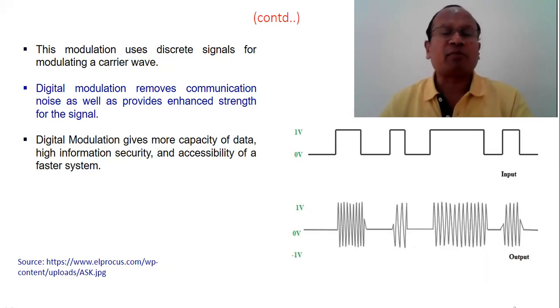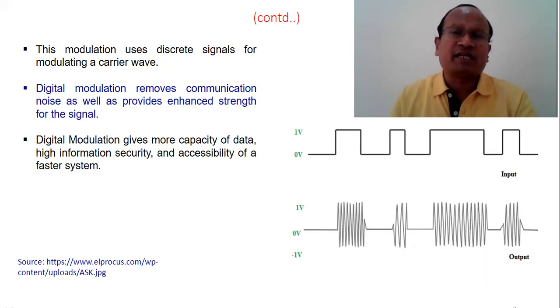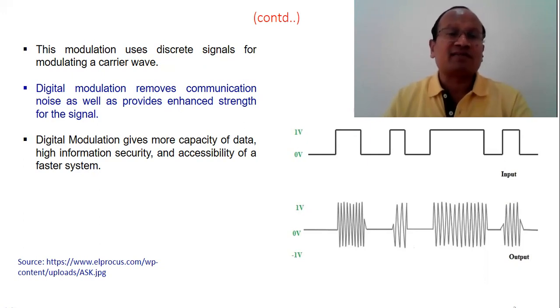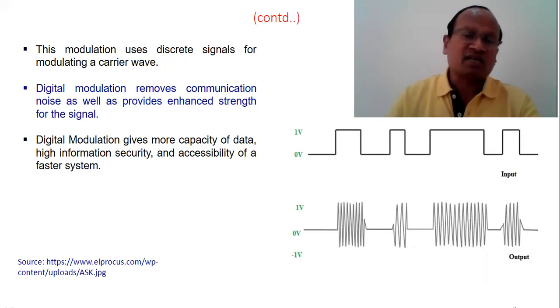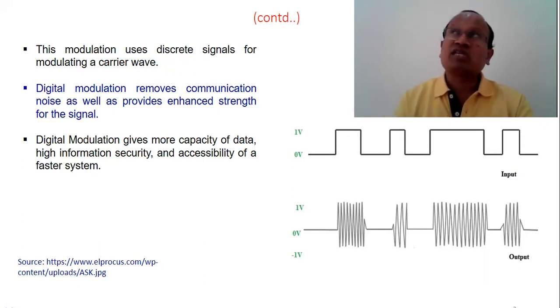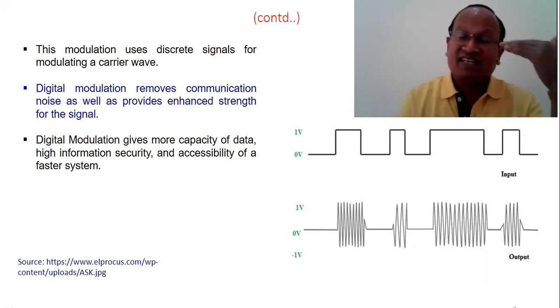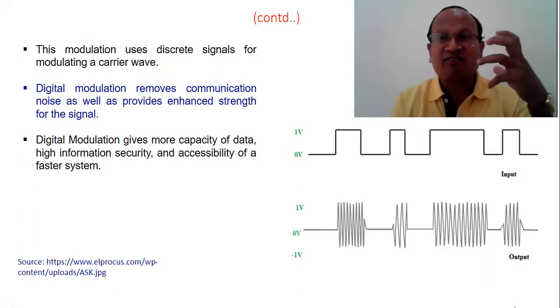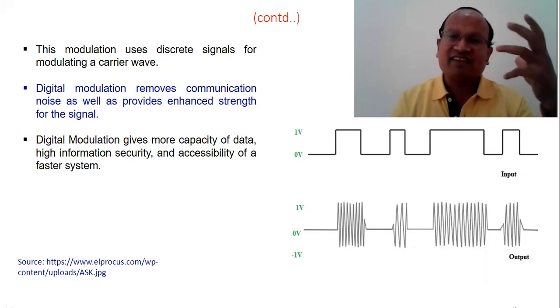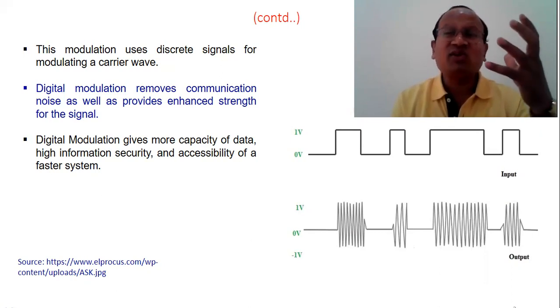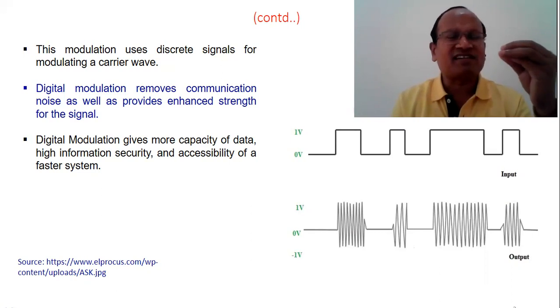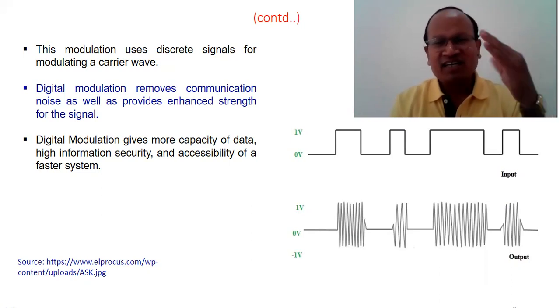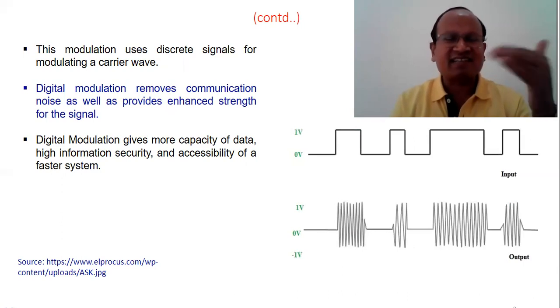Of course, there will be bit error probability due to different sources of error. We will discuss that in subsequent lectures, but noise doesn't affect digital modulation much. And the signal strength is enhanced, the quality is better in a digital communication system. So when you see digital video, digital picture, digital speech, in comparison with the earlier analog versions of speech and video, digital TV, digital recording, you can experience the quality of picture, audio and video. It's just because of enhanced signal strength and lesser noise,